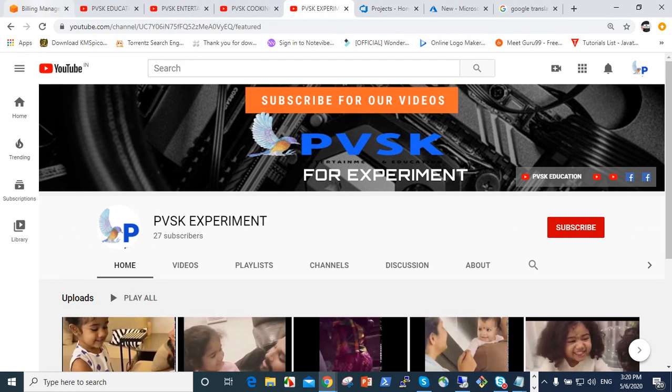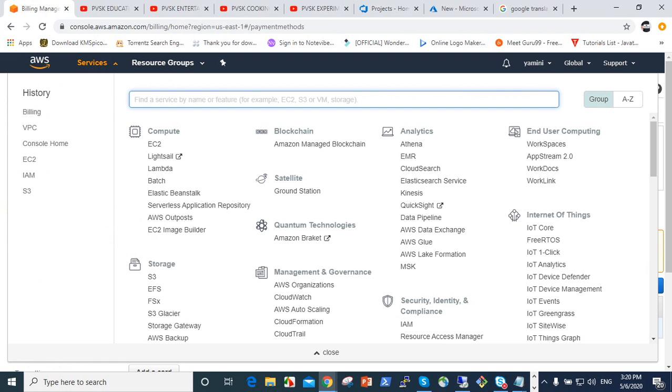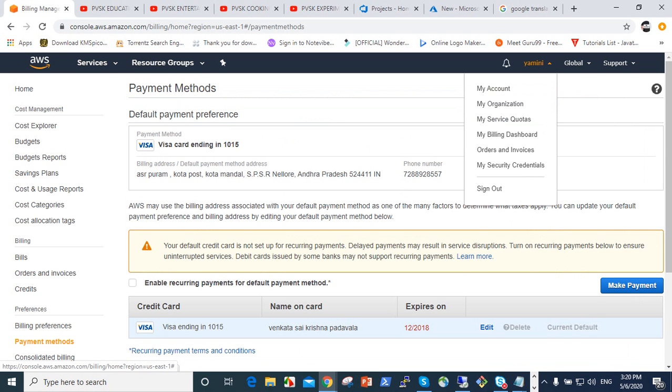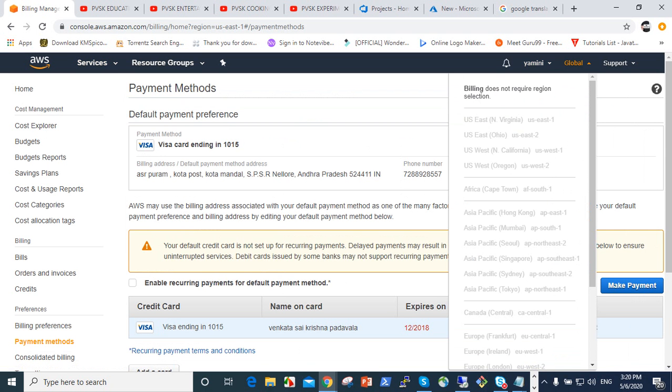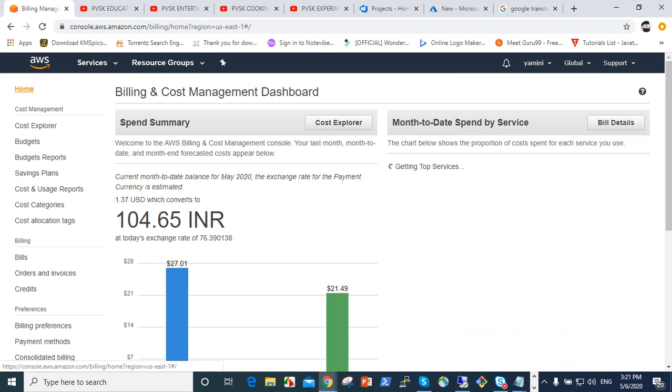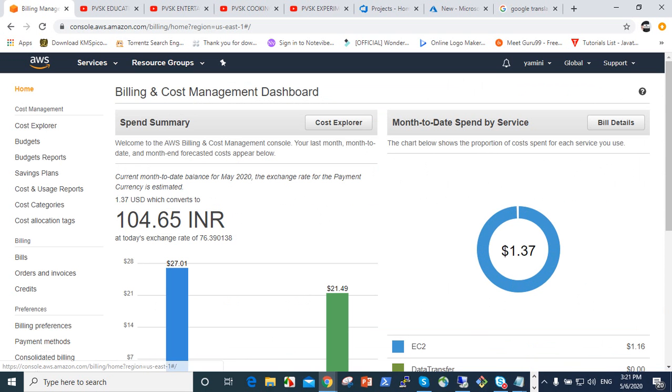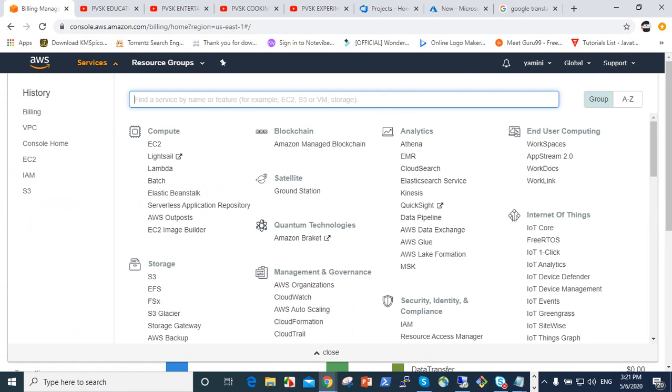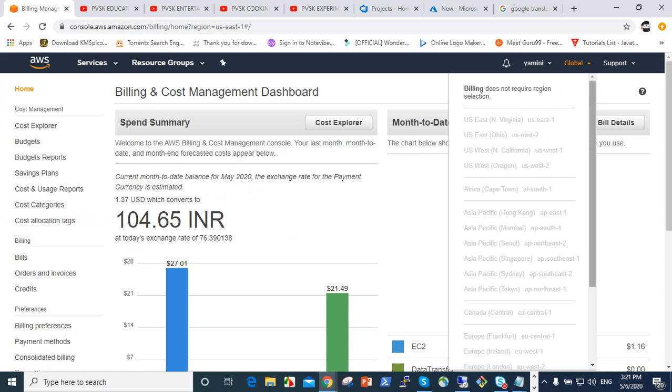We should go to www.console.aws.amazon.com. We know how to log in. We should give credentials for that, and select the region first, whichever region you want. These are the different regions we have. Go to the home. This is the billing, so go to the home first. Here we should go to the services. So here this is the region.